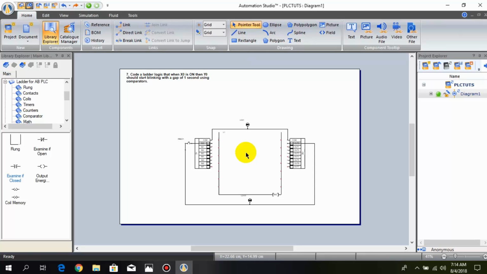Hello friends, welcome back to PLC programming tutorials, and let's begin our question number 7 that is also related to timers and comparators. So the question we have is